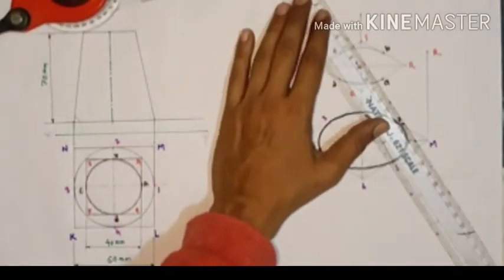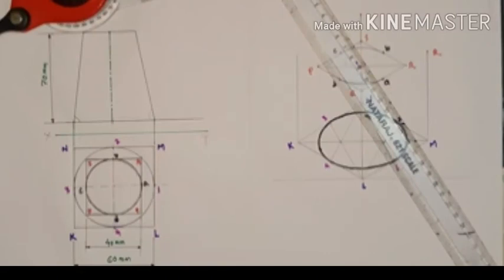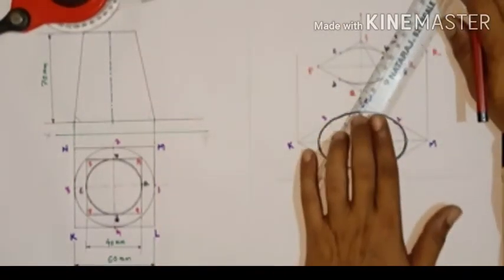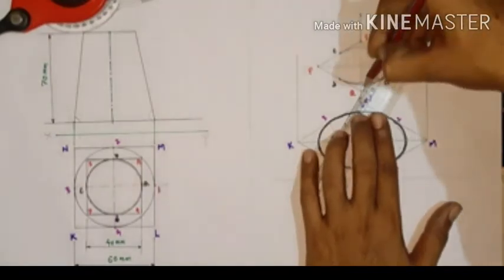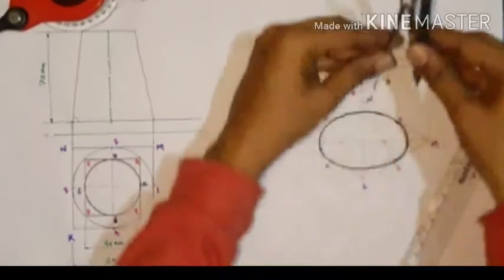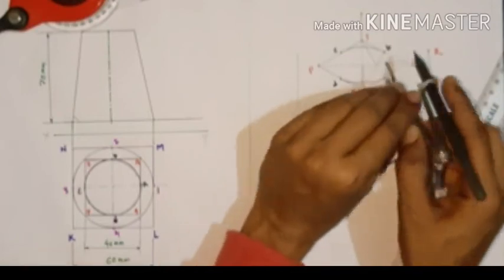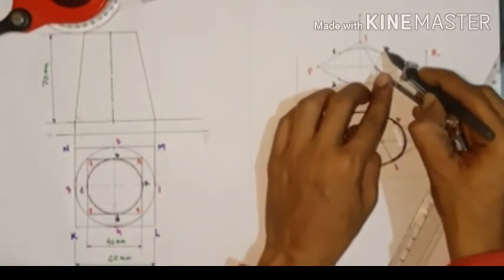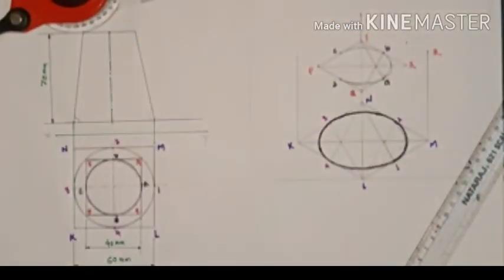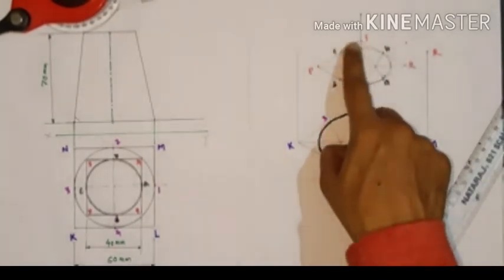And now we need to again take a center point for the remaining portion of this circle. From here, joining S and A with a 2H pencil, and right now Q and B like this, and select the center point where all the lines cut at the same point. Okay, now this is your center point. Right now taking this point as a center, and taking the radius or arc, I will just show you like this. For better clearance I show it like this.